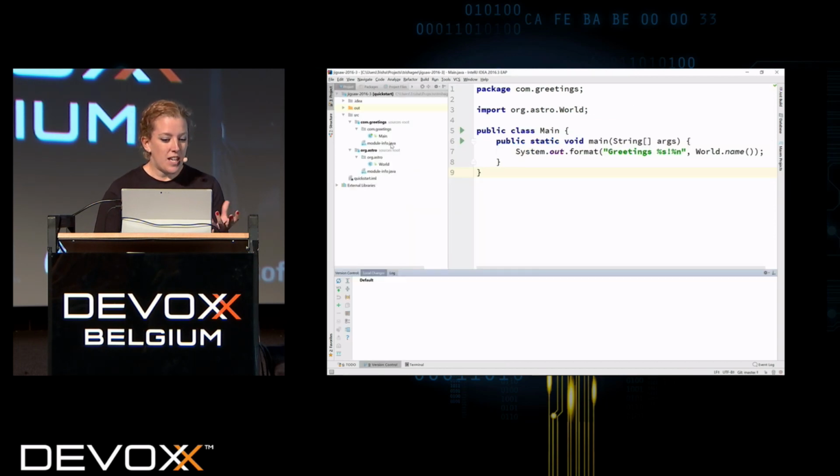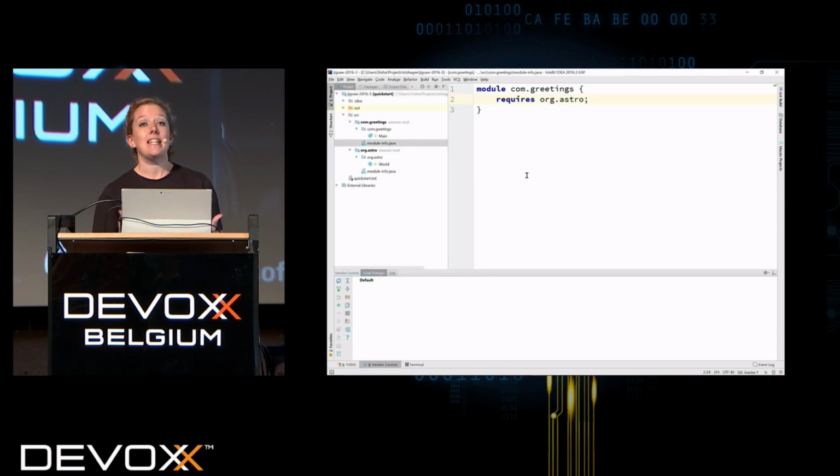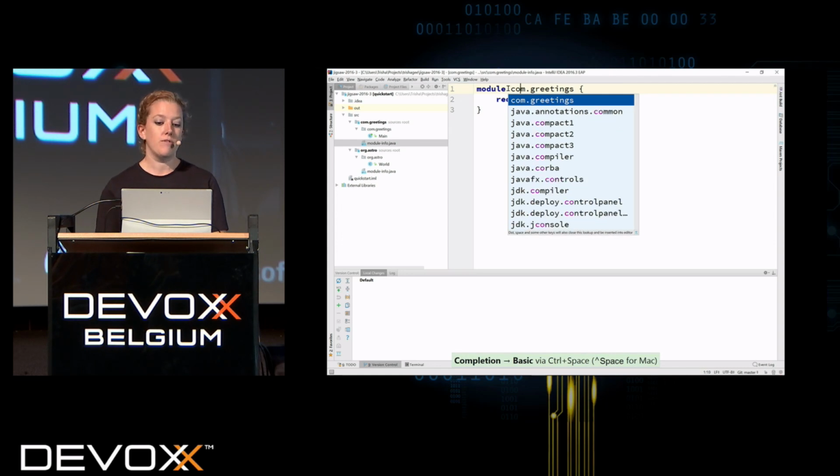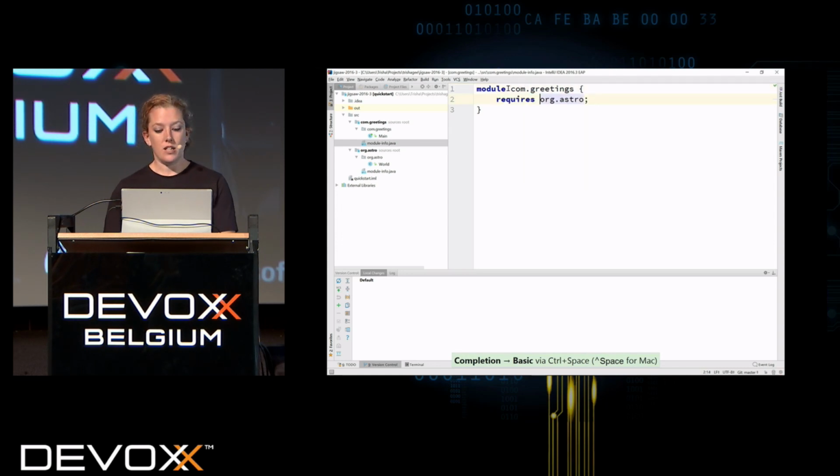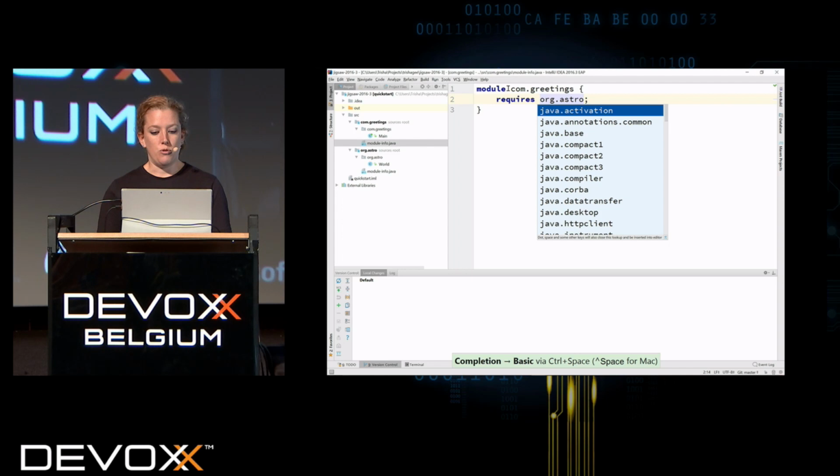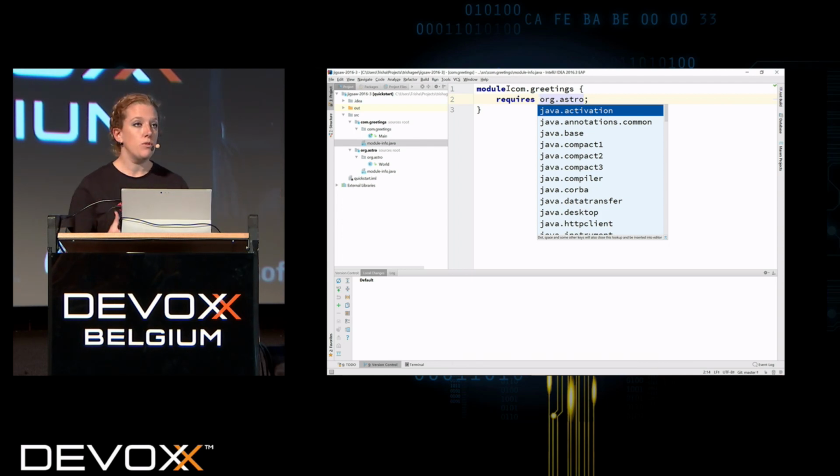When you open the same project, you don't get the errors, which might seem like a tiny thing, but it's not really a tiny thing because you don't want your projects to error. So not only does the module info file compile correctly, but you also get auto-completion the way that you'd expect from your IDE. It knows that you want to type module. It knows that you're going to import modules. So it's a small thing, but now IntelliJ IDEA does support module info, and it supports basic Jigsaw